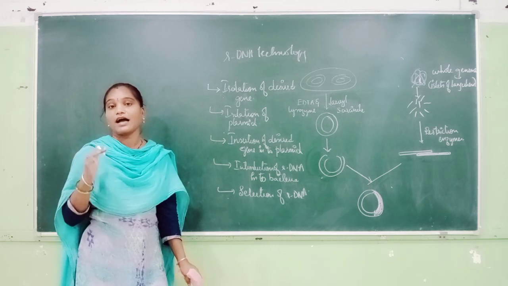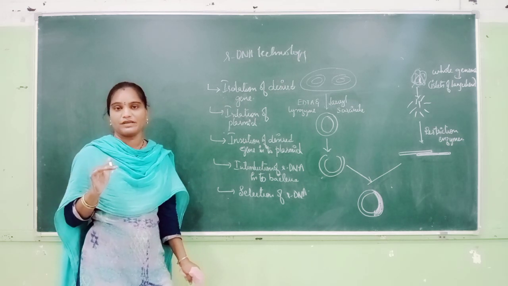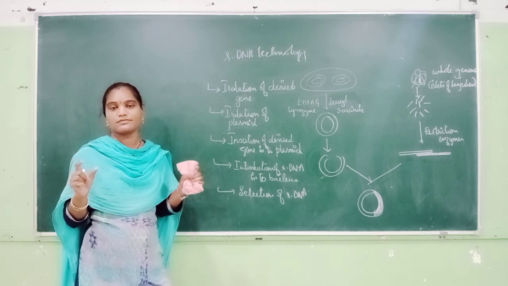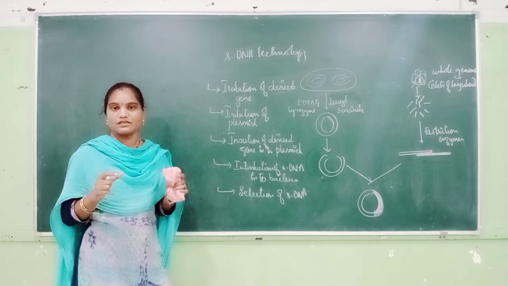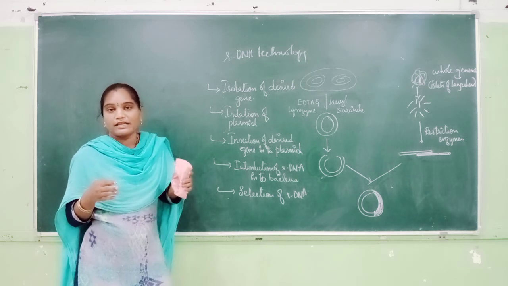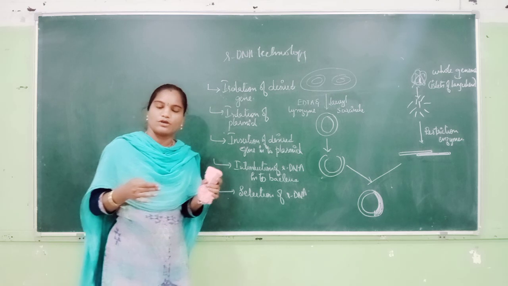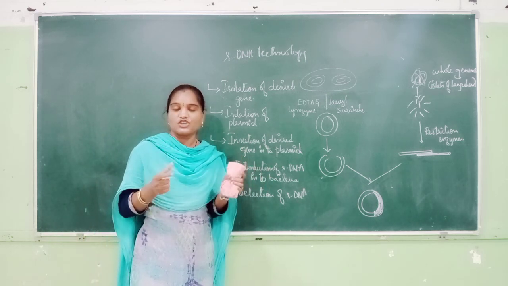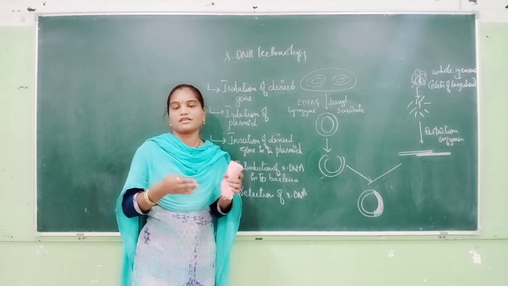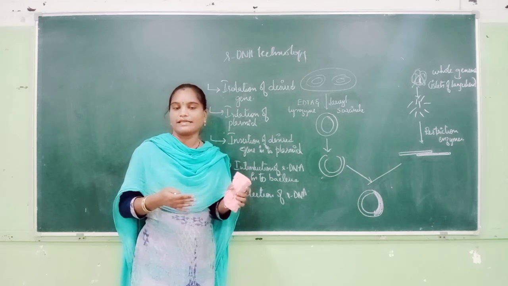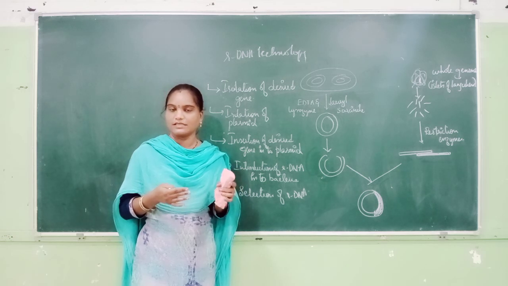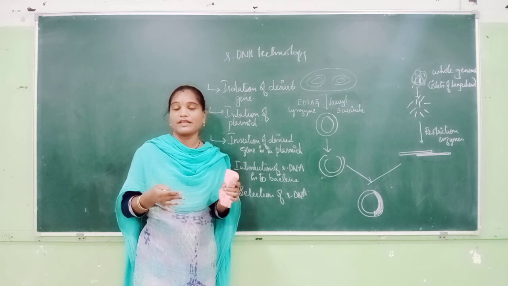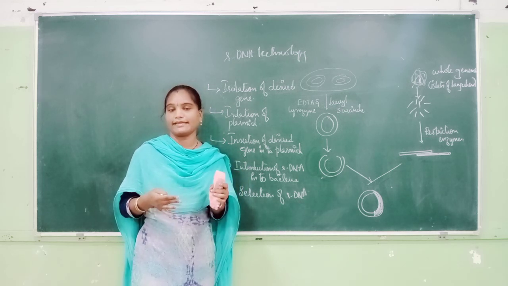As I said earlier, RDT is nothing but R is for recombination, isn't it? You are joining two DNA molecules of two different organisms to get a desired trait of gene, which will give something like expression, which is lacking in a human being, isn't it? So you will be isolating the particular gene of interest and you will be subjecting it for cloning, and then you will get multiple copies of that particular gene, isn't it? So now we are going into a detailed explanation of the process of RDNA technology.